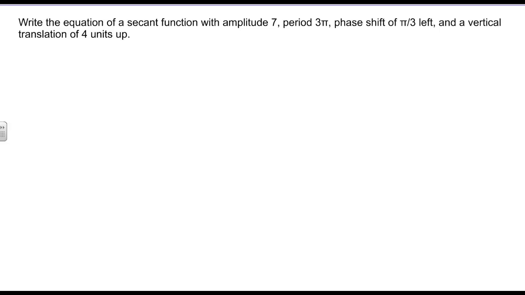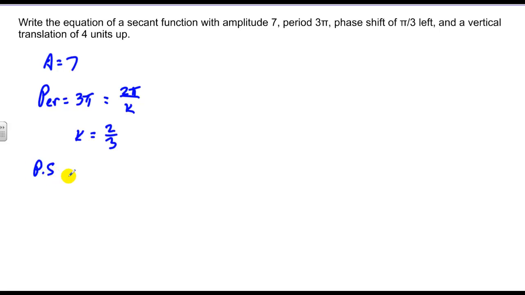Lastly, we'll write an equation of a function given some parameters. We're going to write the equation of a secant function with an amplitude of 7, so a equals 7, period of 3 pi. And I know my period calculation is equal to 2 pi over k, so I can find my k value here. k is just equal to 2/3. A phase shift of pi over 3 to the left, so that's a negative,